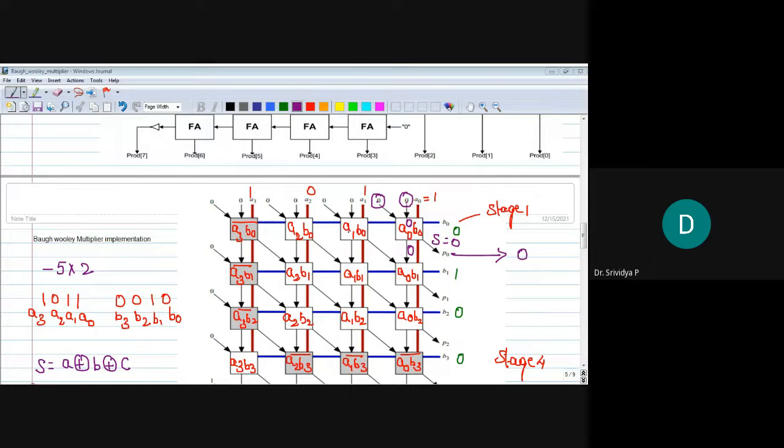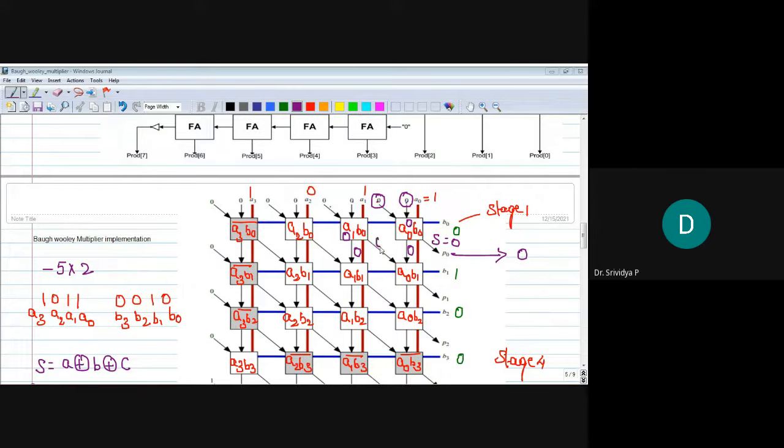What is A0 dot B0, A1 dot B0? A1 is 1, B0 is 0, so this is a 0. Now, what is the sum and carry from this bit? It will be 0.0 plus 0.0 plus 0.0. So carry is also 0.